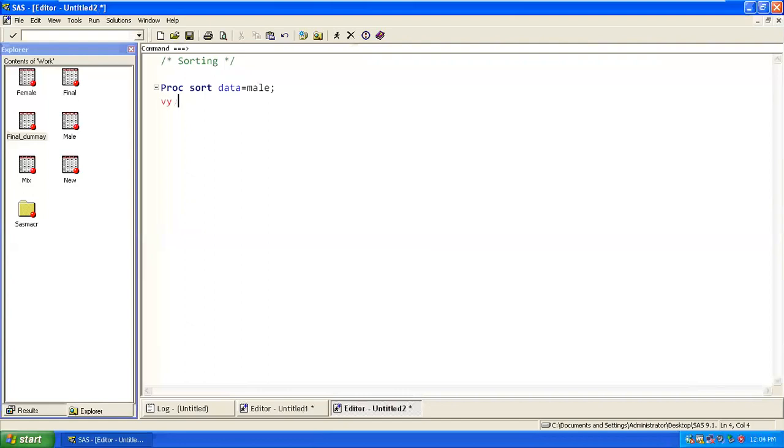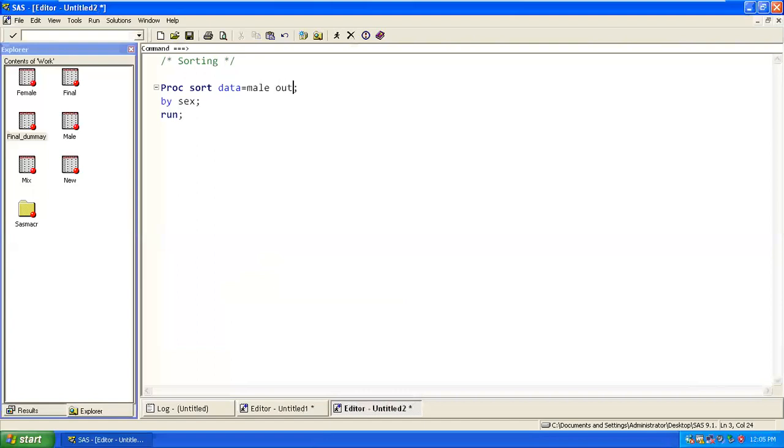I use the keyword called BY and write which variable we want to sort. So let's say we have high, low, or something. So apply for 6. So run. Now what will happen if you try doing this sorting procedure? This will have an effect on your final data set, so the original data set. Correct. So if you want to not disturb your final data set, and you want to keep a new data set which has the effect of the sorting you are trying,